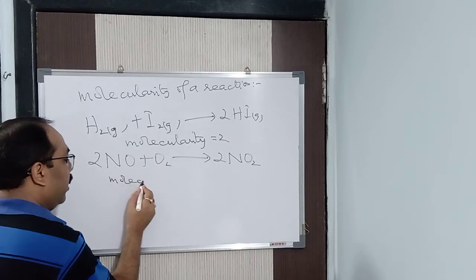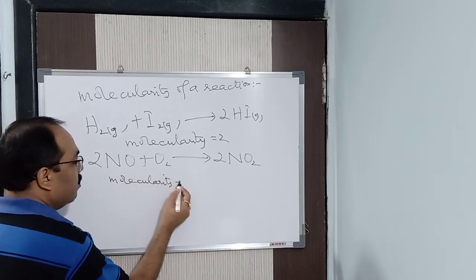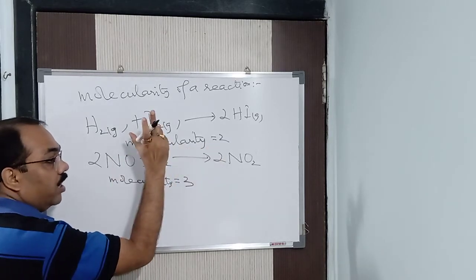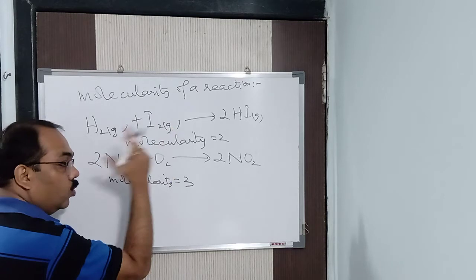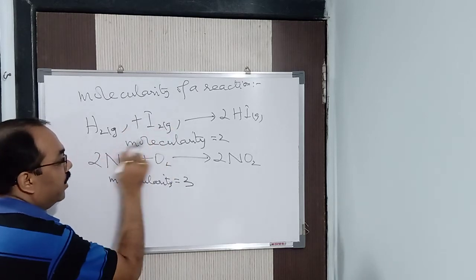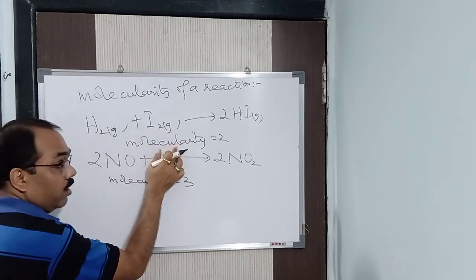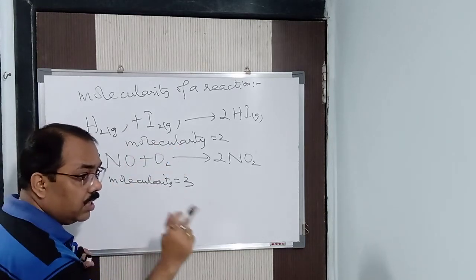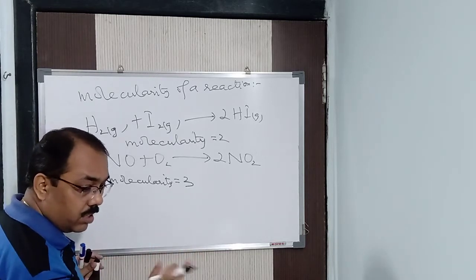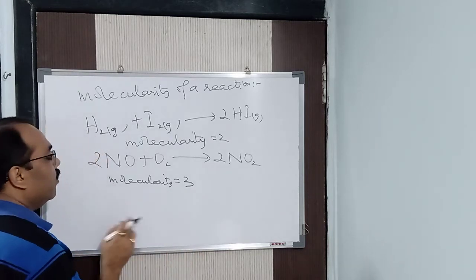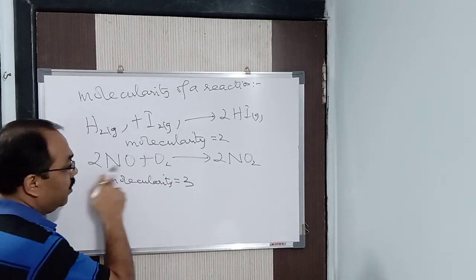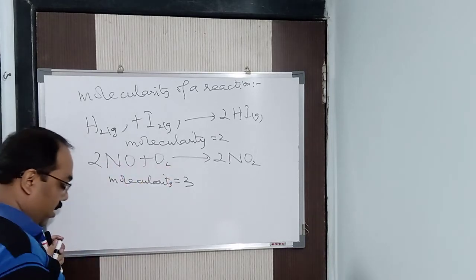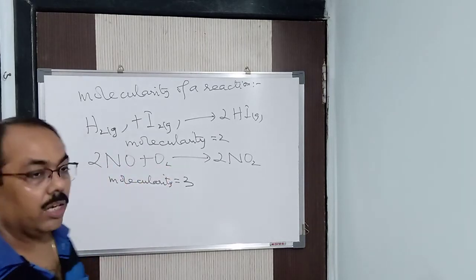So here what is the molecularity? Can you tell me? Just add it up. Molecularity is 3. So it is termolecular. The earlier one is bimolecular. If molecularity is 1, that is called unimolecular. If molecularity is 2, it is known as bimolecular. Listen to the terms carefully. If molecularity is 3, it is known as termolecular, like tertiary, which you have read as when one carbon atom is attached to 3 other carbon atoms. Same thing here: that is molecularity when 3 molecules participate. In this way, the molecularity of a reaction is determined theoretically.